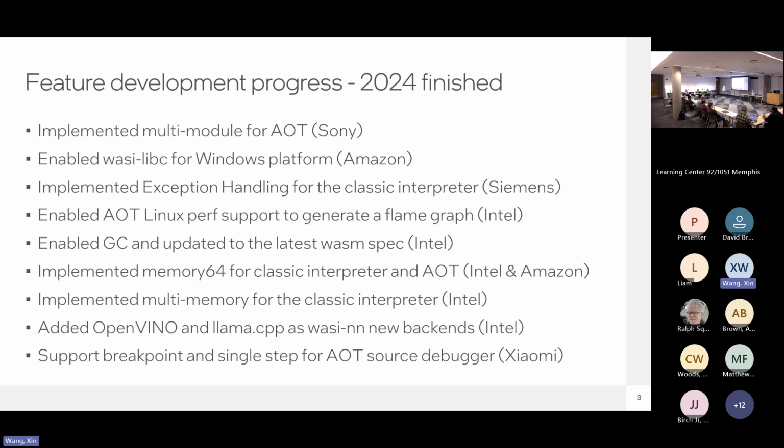The major contributors for WAMR are still from Sony, Amazon, Siemens, Intel, and Xiaomi. They implemented the multi-module for AOT and enabled WASI libc for the Windows platform. Siemens implemented exception handling for the classic interpreter, and enabled ahead of time compilation Linux perf support to generate the flame graph, and the GC update for the latest Wasm spec. Implemented memory64 for the classic interpreter and ahead of time. The multi-memory feature for